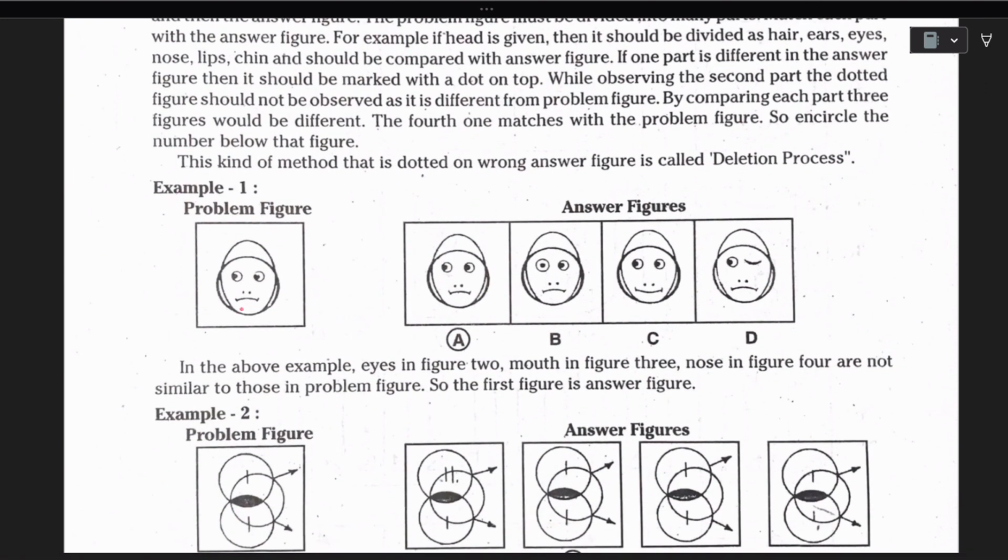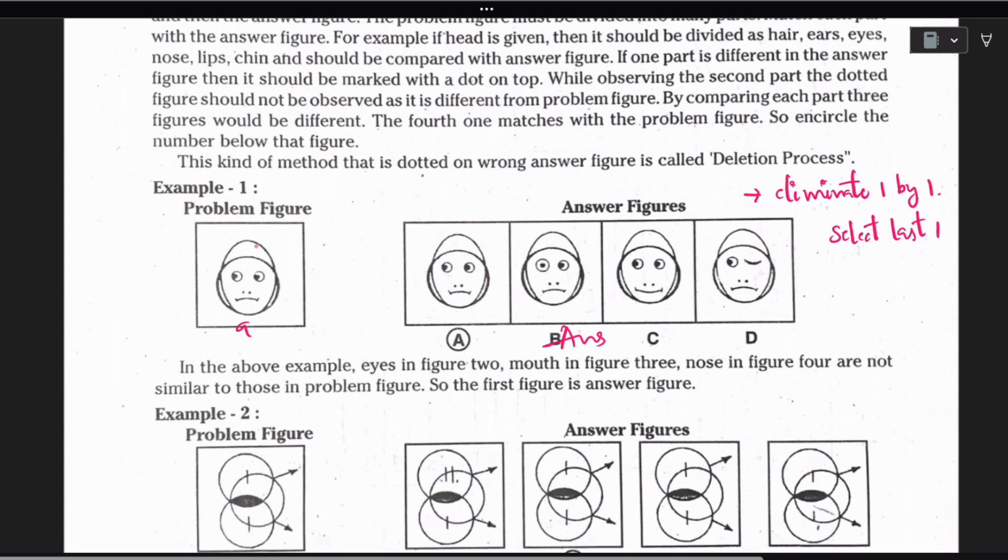Here we are having this question and these are our answer figures. So let's compare the question with the answers. And what is the thing we need to do? Eliminate one by one. That is the thing we need to keep in our mind. Okay, eliminate one by one, and we have to select the last one. Select the final or last one. Okay. So we will be following the same here.